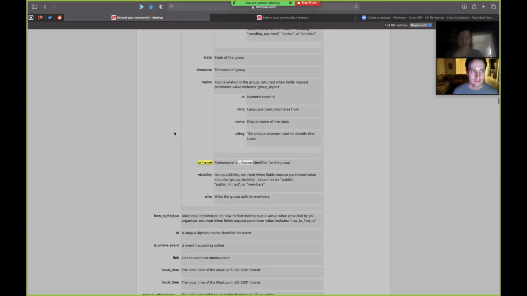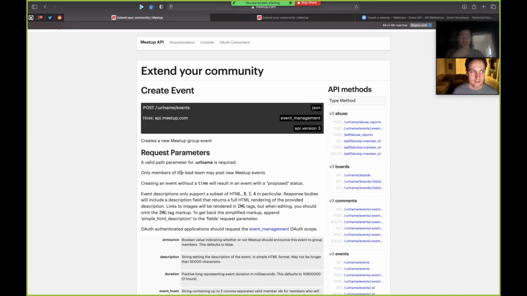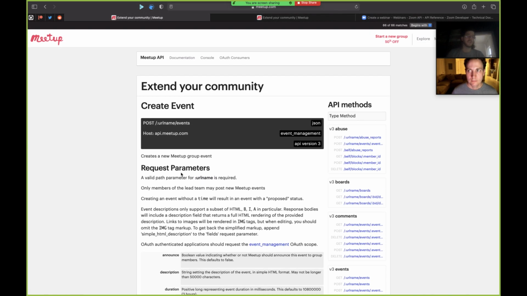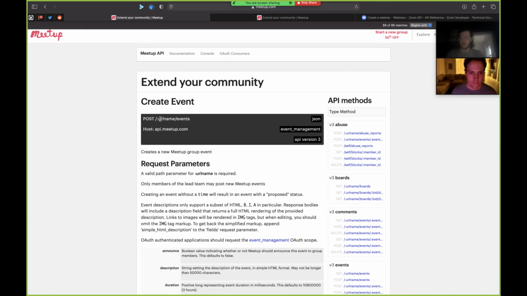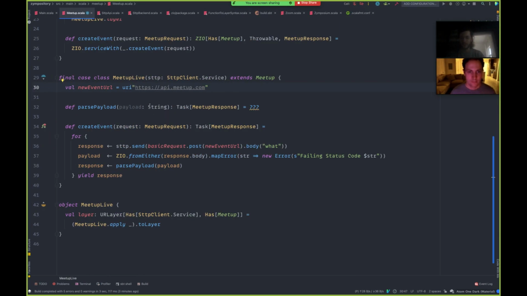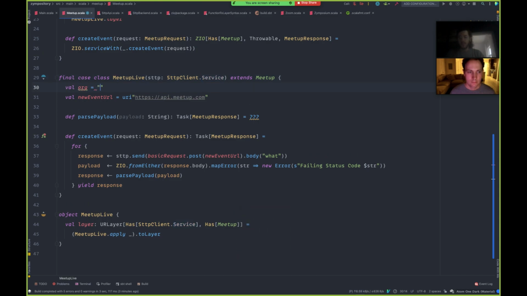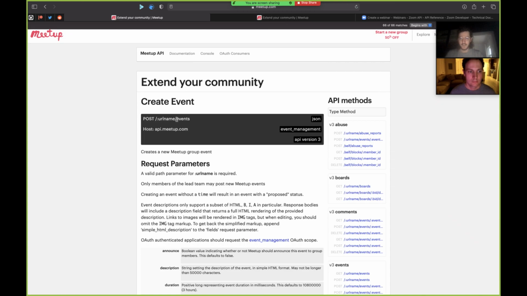Oh, maybe it's probably like ZIO whatever. It's probably our organization, which can be interesting. Then we can eventually use ZIO Config for something. So it's definitely going to be val org. I'll just call it zio-meetups. I don't know exactly what the org is. And then /events. Yeah, so that's all we need to do.